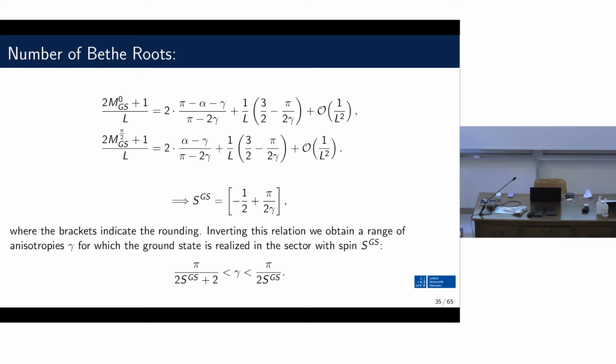When you send gamma to 0, it diverges, which is expected since it's like XXX. When one wants to refine this procedure, one has to take into account that this should be an integer number, and then one can predict, at some finite lattice size L, in which region of the anisotropy one gets the ground state as